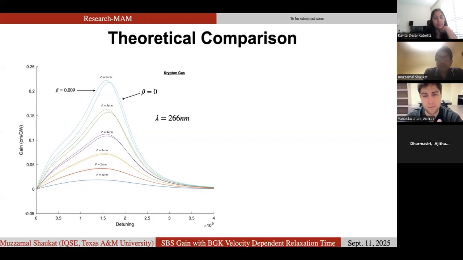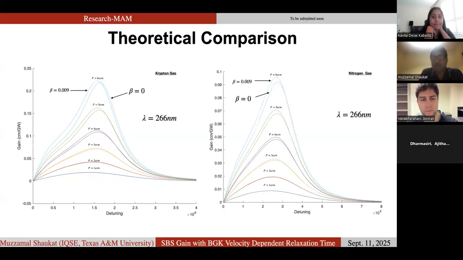At 1 or 2 atmosphere, there is no change with that beta parameter. But as we increase the pressure, we have a significant change in the gain. Another point is that with the inclusion of beta, you are shifting the curve to the left. Okay, this is very important. You will find some slides later that this is for the krypton gas. But for the nitrogen,